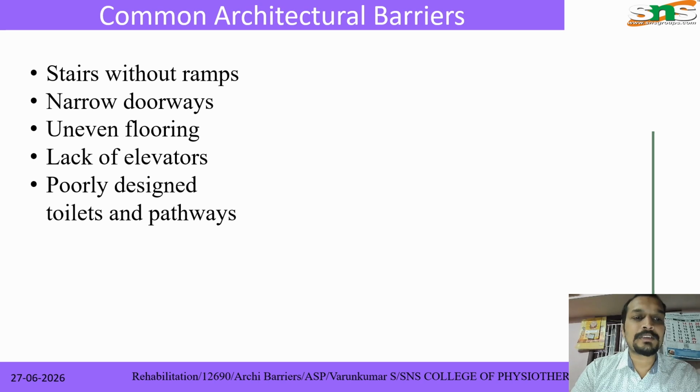Uneven flooring, the patient is not able to walk without fear of a fall. Lack of an elevator, the elderly people are not able to use the stairs. Then poorly designed toilets and pathways, so we need to go with the modified ones. These are the common architectural barriers where the patient feels a physical restriction to individual independence,